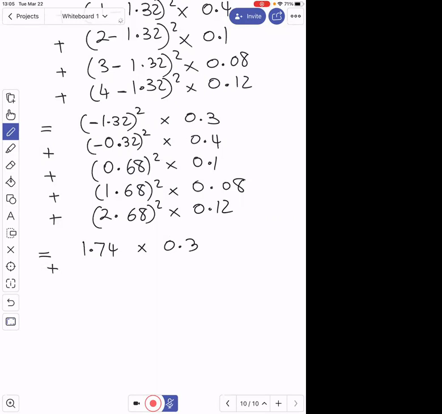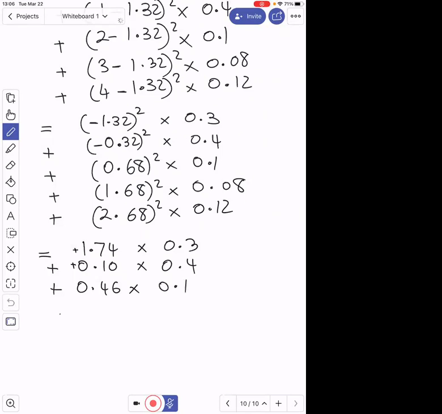So the negative 0.32 times the negative 0.32 will be equal to 0.1 times 0.4, plus. As you see, now everything is positive, right? This is positive, this is positive. The 0.68 squared will be equal to 0.68 times 0.68, that's 0.46